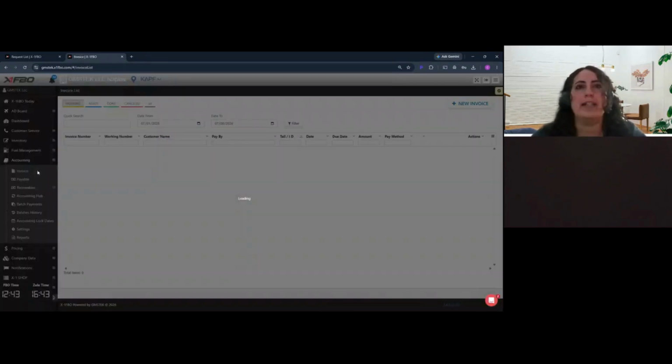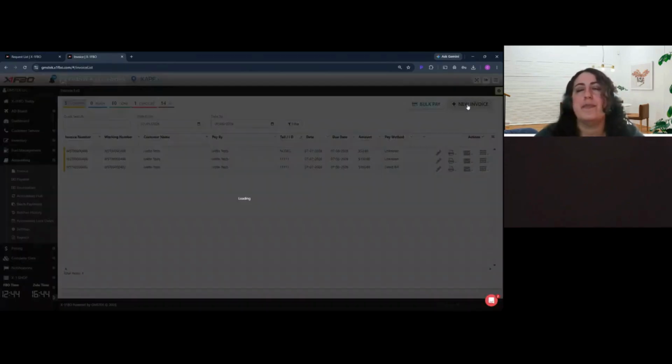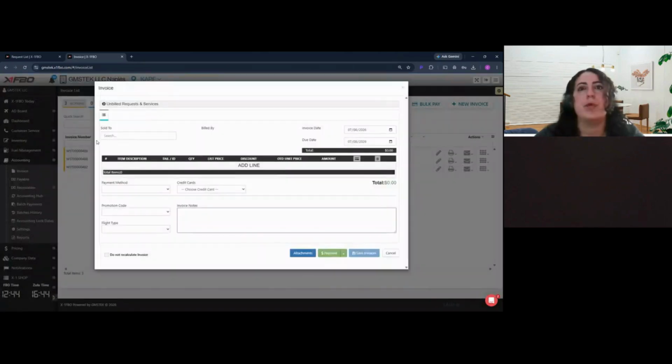Something that I feel maybe our customers don't know enough about is that we have the ability to add credit card fees via a workaround option right now. That is something that we are definitely taking into account in the new versions of X1, the new invoice versions that we have. We're going to be able to do subtotals and add credit card fees the way credit card fees should be added. But currently, as it stands right now, we have the ability to do